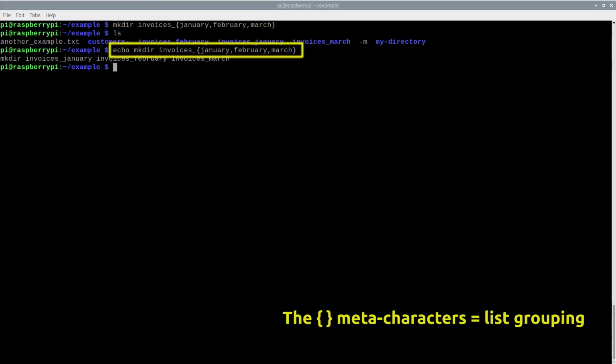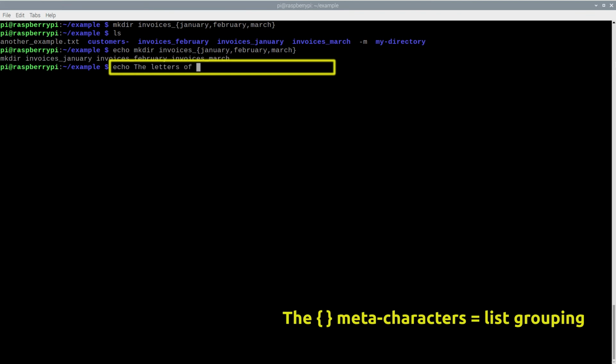Using the echo statement is a common way to safely test or preview how the shell will interpret a command line without actually running it. The shell will substitute curly brace expressions with a list, following the curly brace contents before the actual command is run. In any case, I would not want you to associate the curly brace meta characters with only creating files or directories. Curly braces are a general tool available to us whenever we need a list of names which are not necessarily file or directory names.